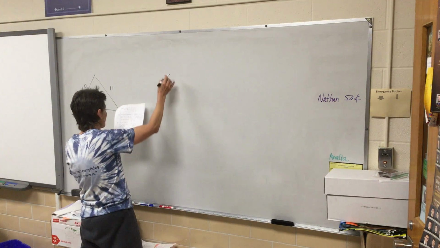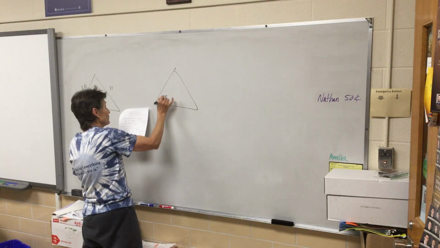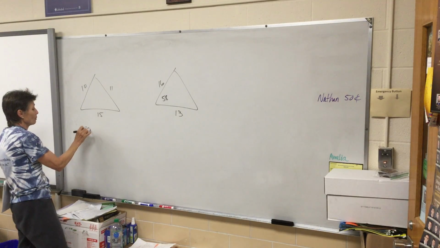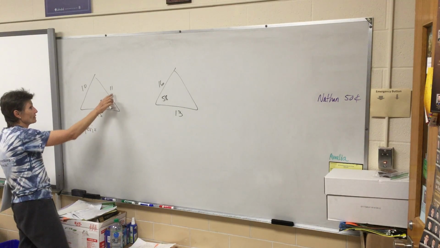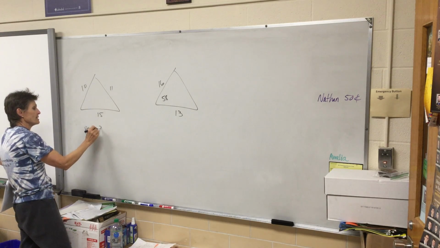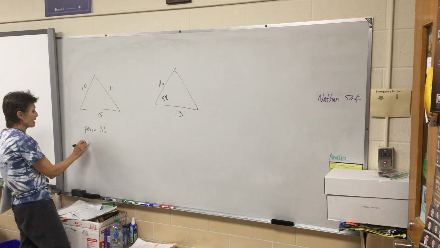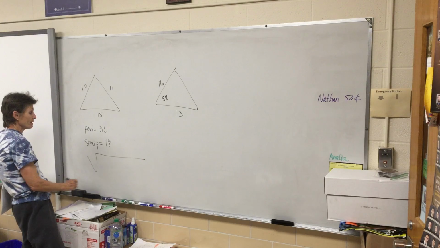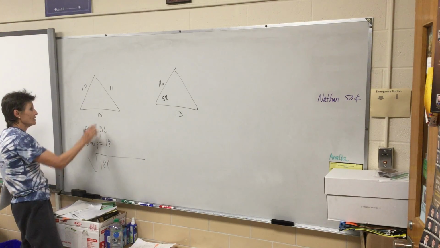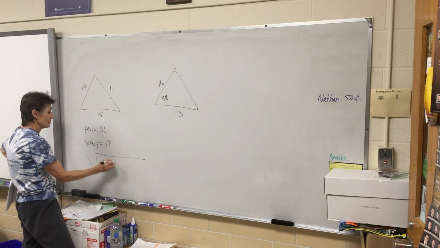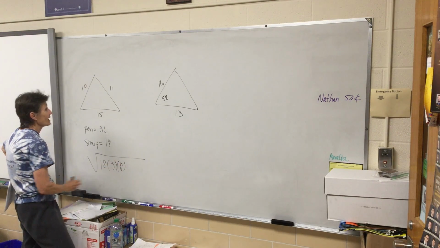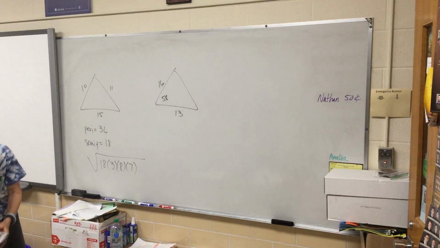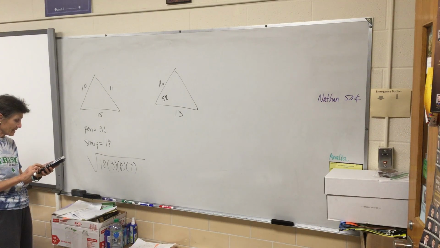So for that first one, A there, we would want to do the Hero's formula. So we'll start by finding the perimeter. The perimeter of the triangle is 36. Did I add right? So the semi-perimeter would be 18. So when I find my area, I'll start with 18, and then I do 18 minus each side. So 18 minus 15, 18 minus 10, 18 minus 11. I multiply those four numbers together and take the square root,